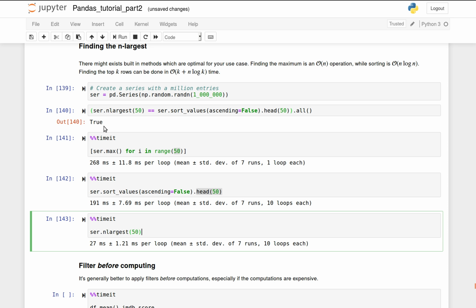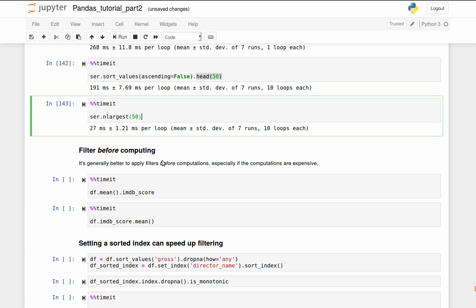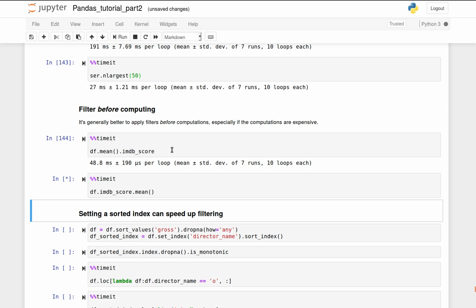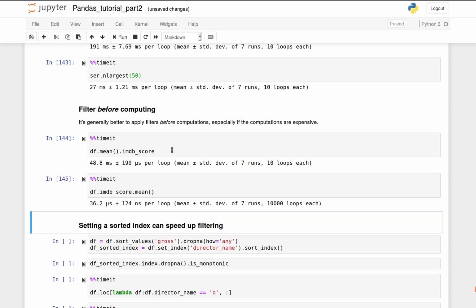Here it doesn't really matter, but if you have 10 times or 100 times more data, it will matter more. You want to do filtering before you do computations if you can. This applies if you're getting data from a database, and it applies if you're doing